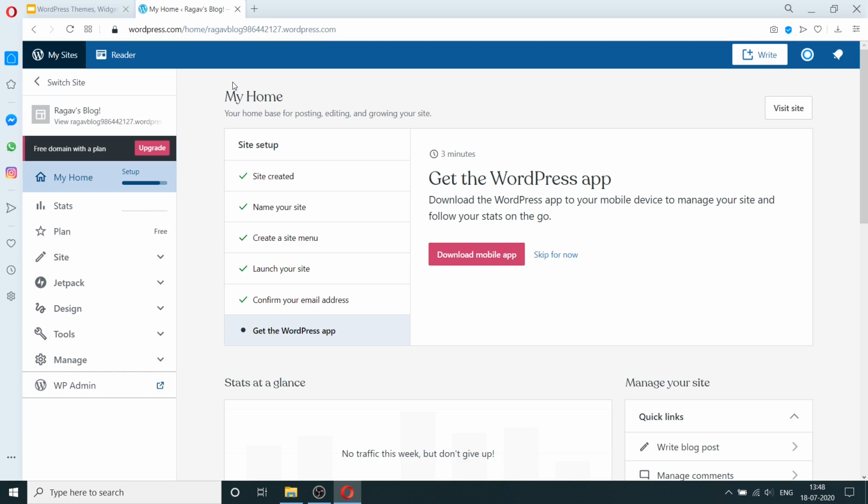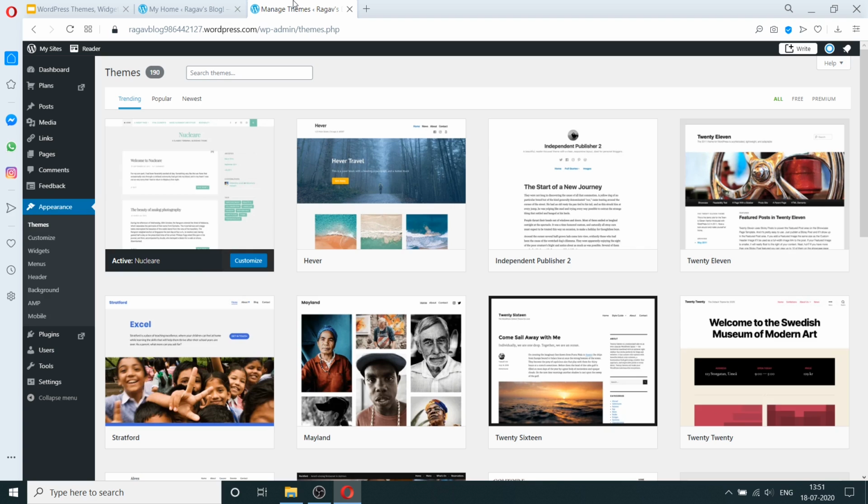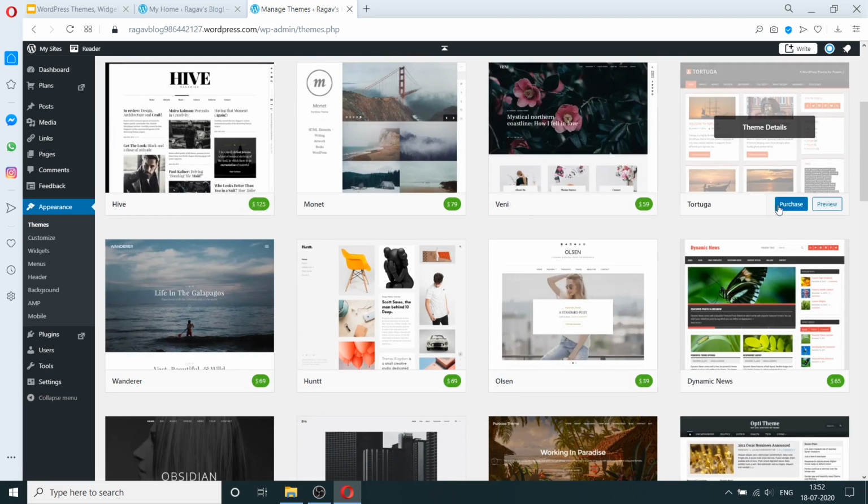Now I've logged into WordPress. Let's go to the dashboard and have a closer look at the themes first. I'm going to go to Appearance and Themes. In here, I want to show you a few things. Right now it's showing about 190 themes, and we can search these themes in here. For example, you can search different categories of themes based on what you're trying to do. Also, if you see here, there are some options for free or premium. If you want really high quality themes, there are some options for you to pay and get those.